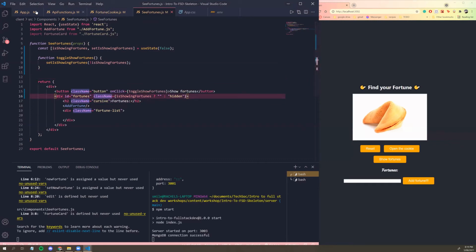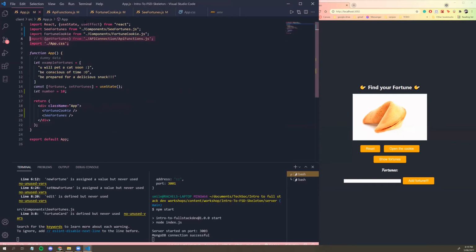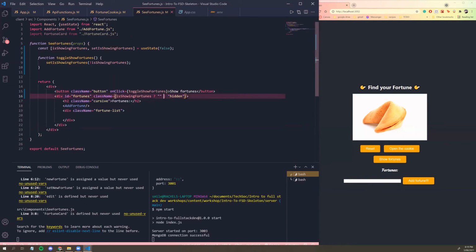And so this is my app.css that's imported there. It should work. Is showing fortunes, set is showing fortunes. Okay, anyways, that's a minor detail. We can save that for later when we have time to debug. So I guess the next part would be